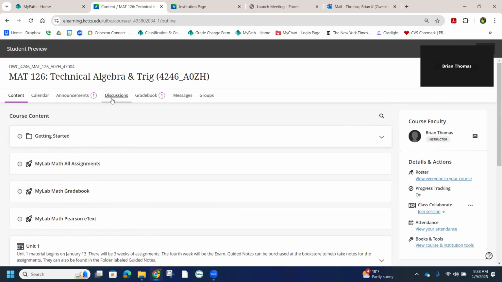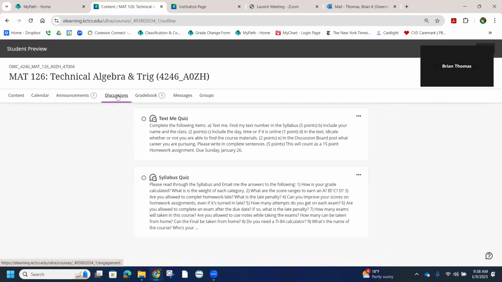So in the discussion board, you'll see that there's going to be two quizzes: the text me quiz and the syllabus quiz. So if you open those up, they'll kind of explain what's required there. Notice that they do have some due dates, and they also have their point values listed here. If I go back to the content,